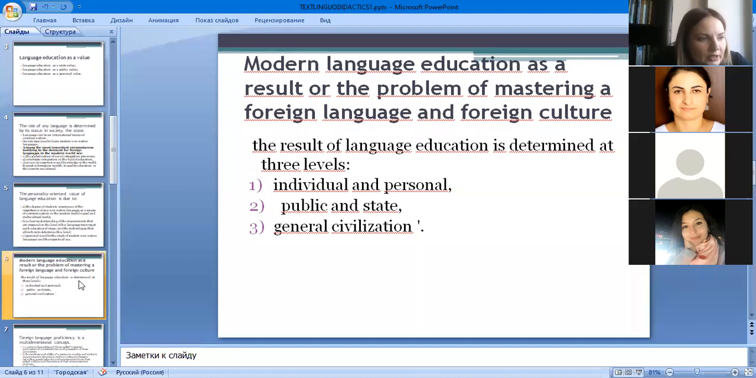So in the political sphere, it is also necessary to recognize that diversity of linguistic communities and cultures should turn from a factor that hinders dialogue between representatives of different cultures into a means of mutual understanding and enrichment. So the starting point in defining the essence of language education as a value is the